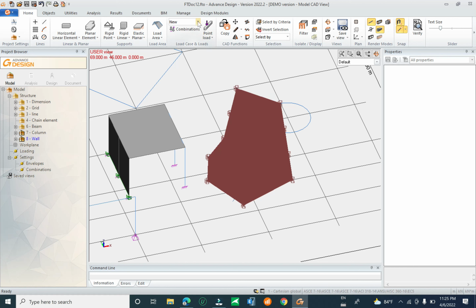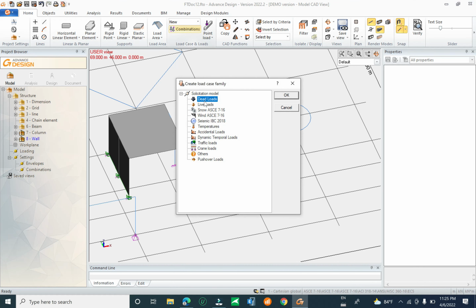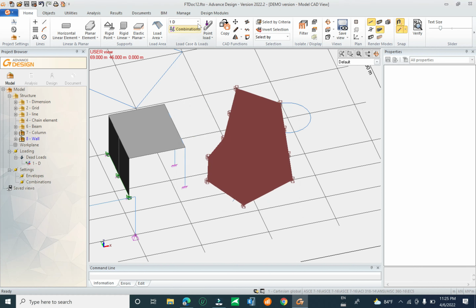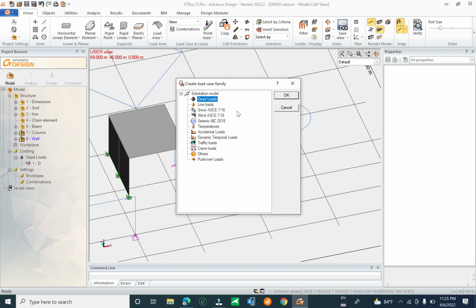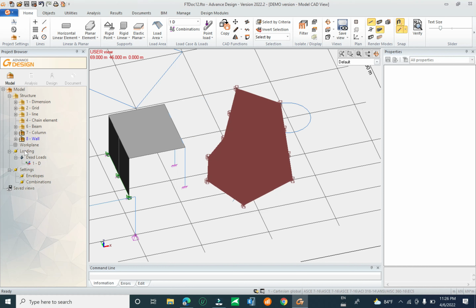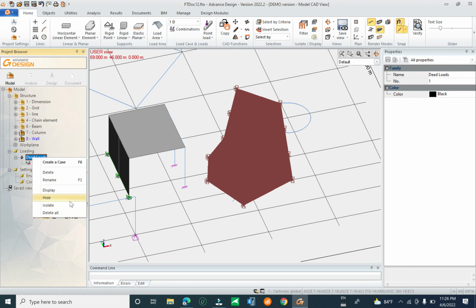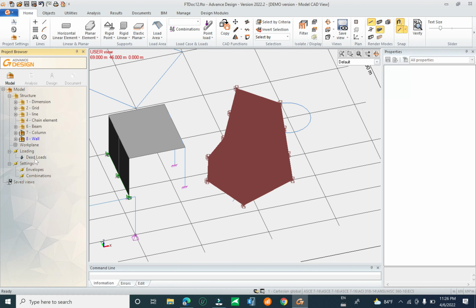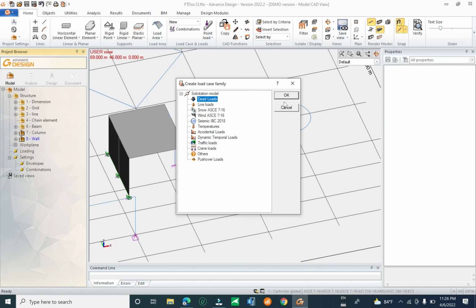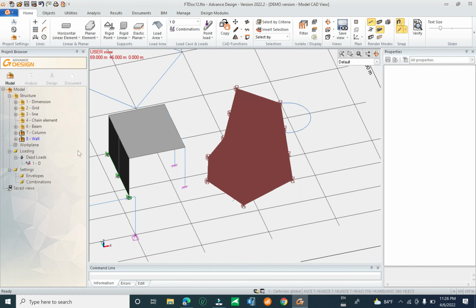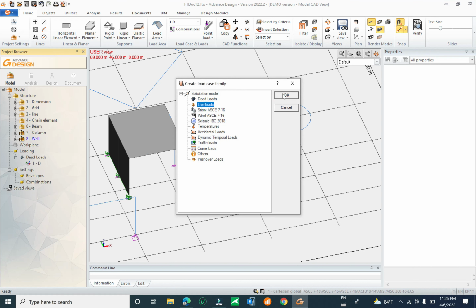Click on the new, and you click on the load. Okay, or you can click on new, or another way you can click on load directly. Now I want to delete this load, delete all, delete, and loading, create a class family. You can click OK, and do the same, click OK,